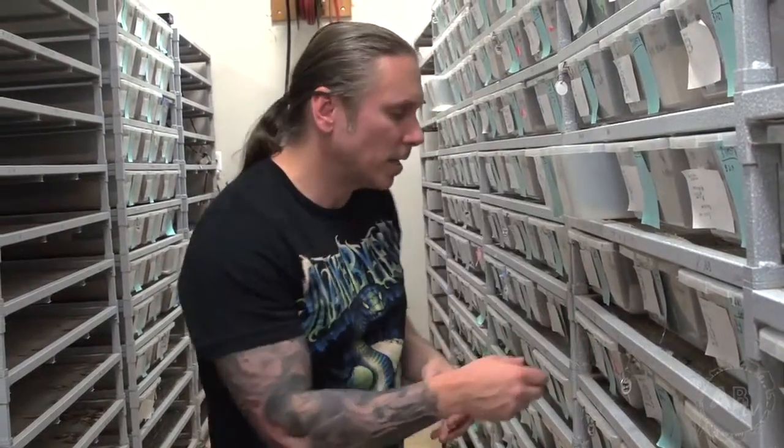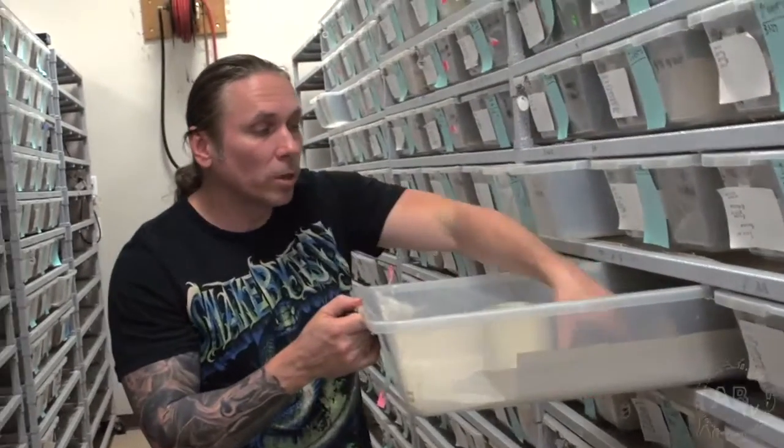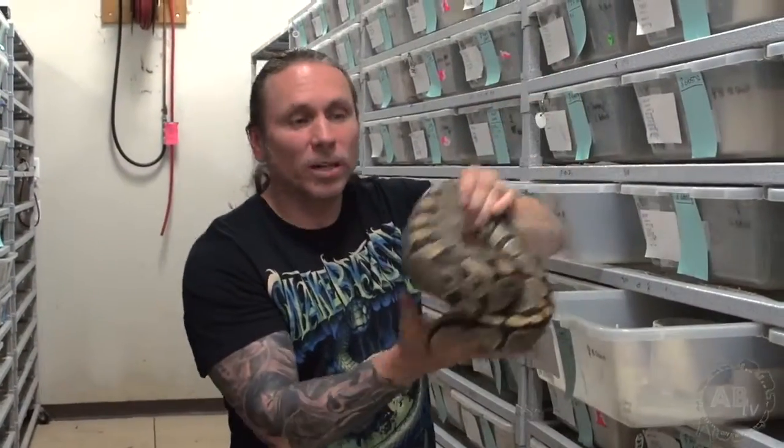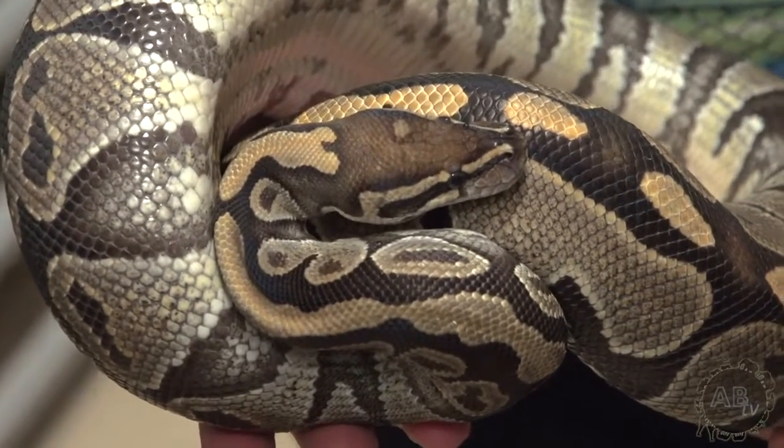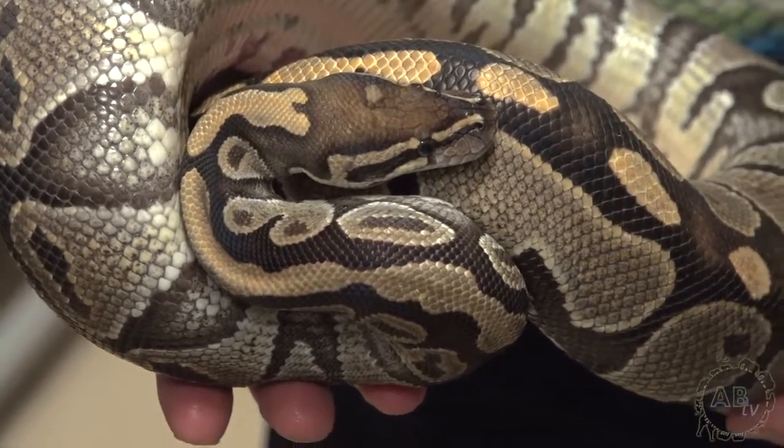The python breeding season can be a really long season, and some girls are gonna pop really quick, and you can start to see a girl like this. This is just a het for ghost ball python bred to a ghost Mojave spider, but you can start to see she's starting to glow or get really light and beautiful. That means that she's probably getting close to ovulation, whereas other girls right next to her might be still a